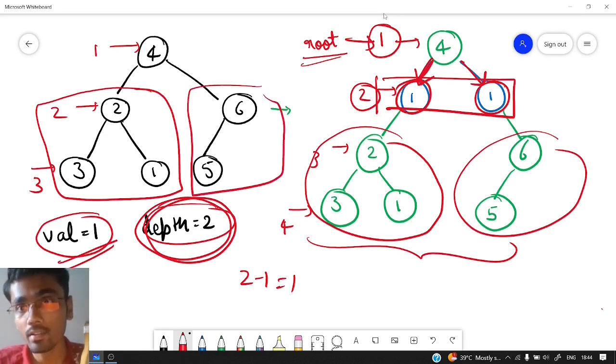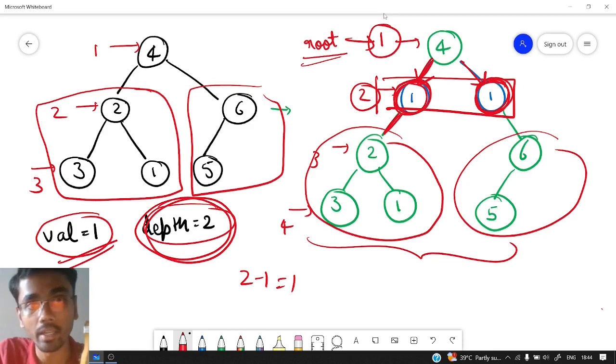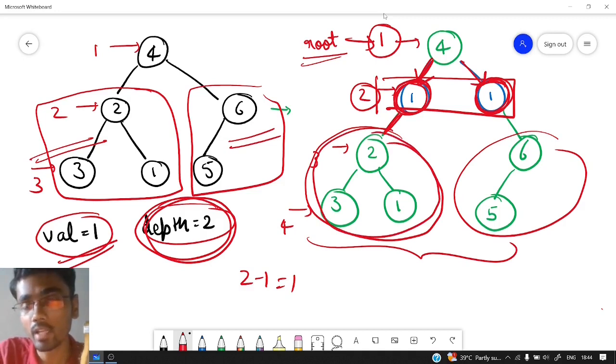According to the rules, for the new left node and the new right node, the new left node's left child will contain the original left subtree, and the new right node's right child will contain the original right subtree. So they have added the original left subtree as the left child of the new left, and the original right subtree as the right child of the new right.